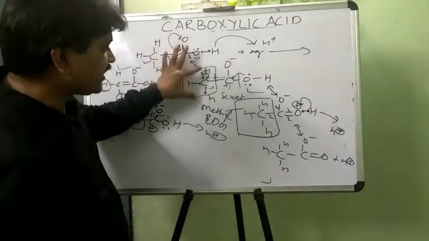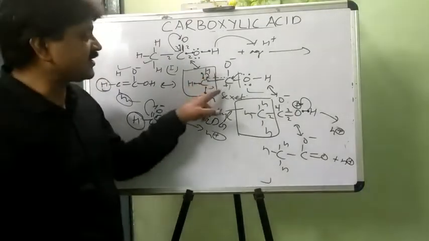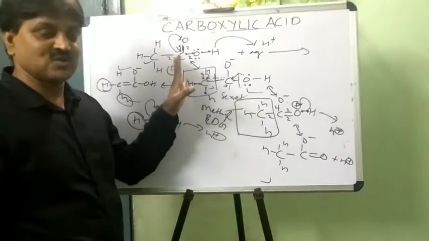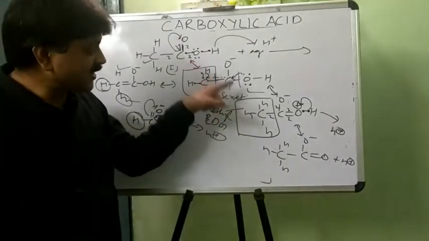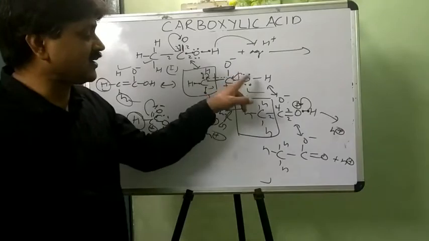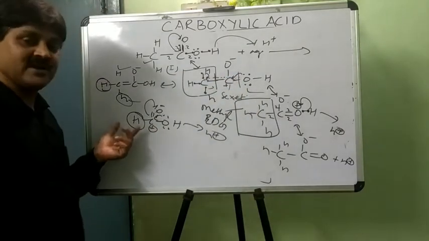Why? Because these three protons intensify or complete the electron of the carbon atom. So after three times it requires the electron from the oxygen atom. So three times later it shows the acidic property, and before three times, where there is no electron donor group, it shows the acidic property.